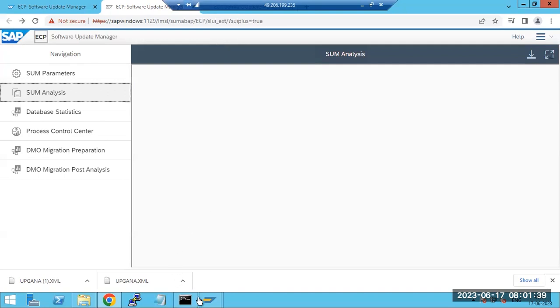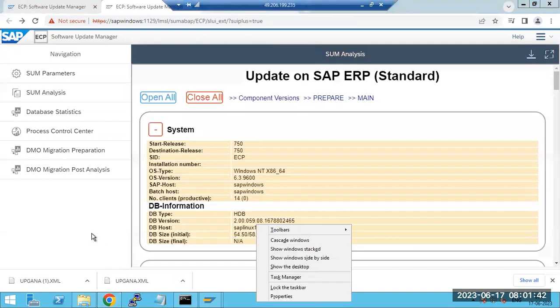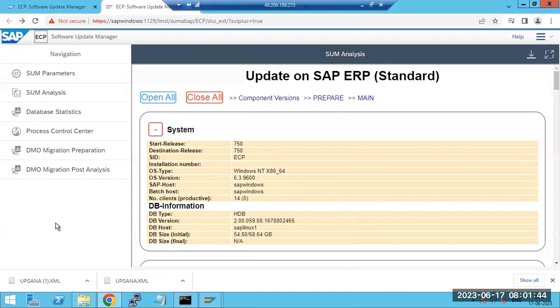Yes, that will be added to the MMC. You can monitor, you can log in to the shadow instance as well. That is the same as your SAP system. How the SAP system is added to the MMC, the same way I can add it here.